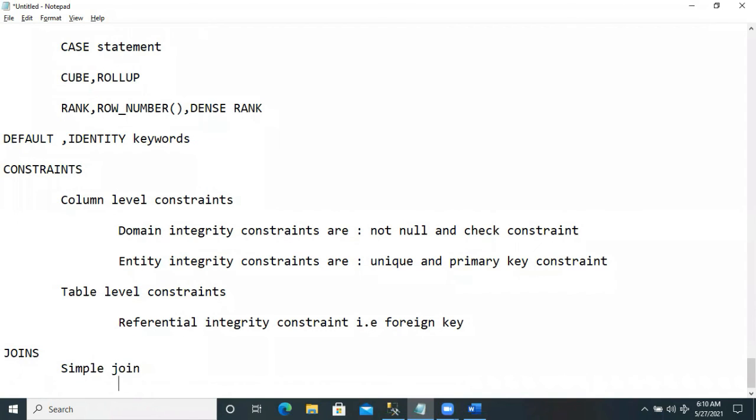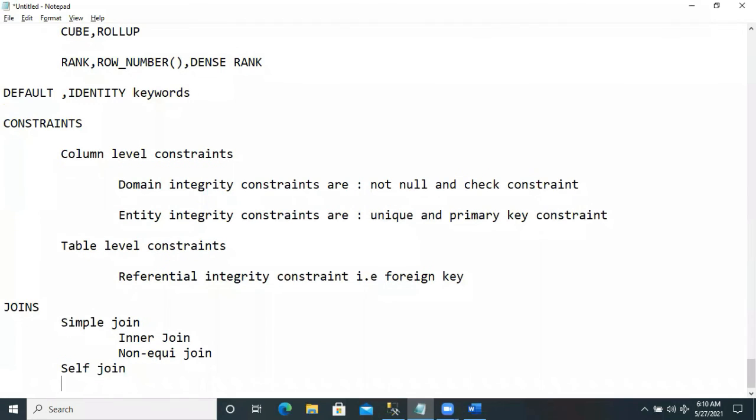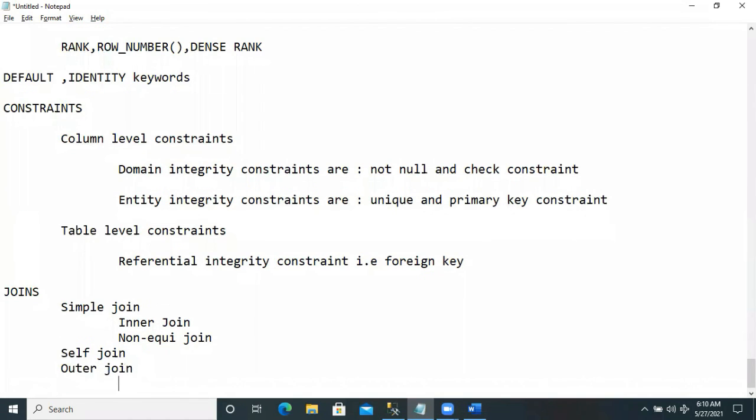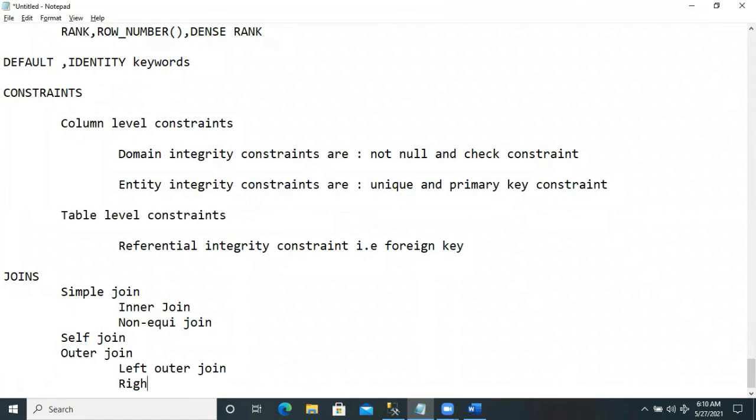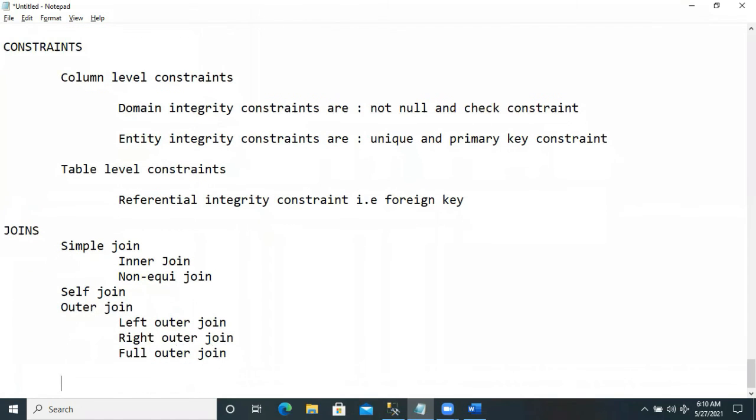The simple join, again, simple join is classified into inner join, the non-equi join, self join, and outer join: left outer join, right outer join, full outer join. And additional join methods are set operators like union, union all, intersect.